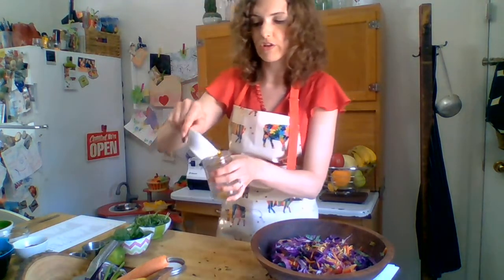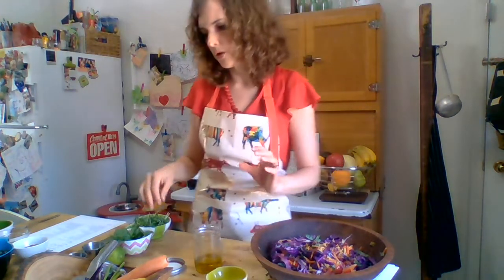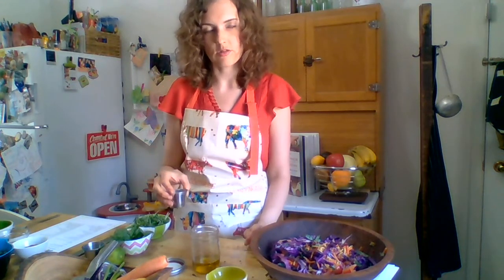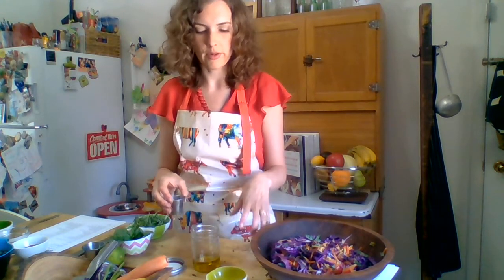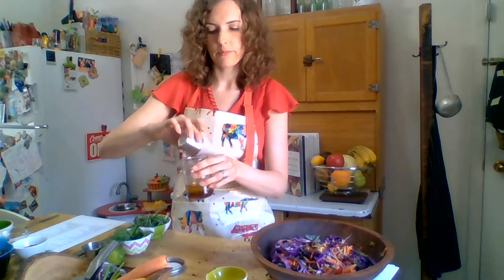I like to use extra virgin olive oil just for our dressings and not for cooking, because it has a lower smoke point, which means it can become carcinogenic at a lower heat than, say, other oils like avocado oil, sesame oil. So I generally like to stick with olive oil for salads, for drizzling. If you're cooking at a very low temperature, then you can use olive oil, but I prefer to use it in salads. So olive oil, then I've got some maple syrup,